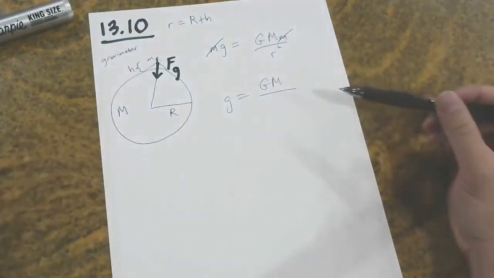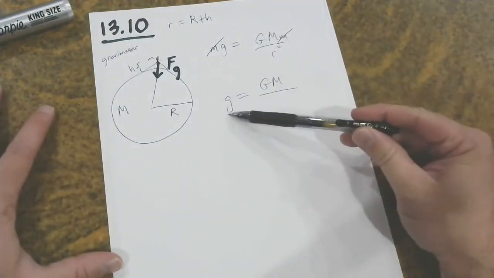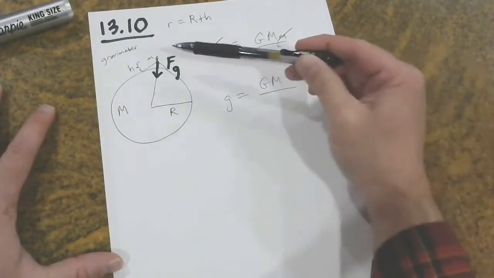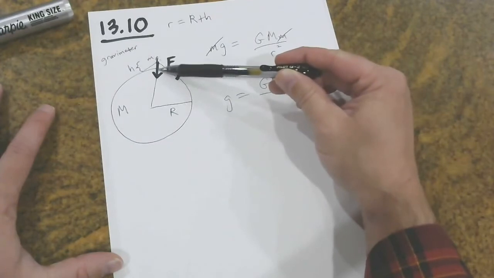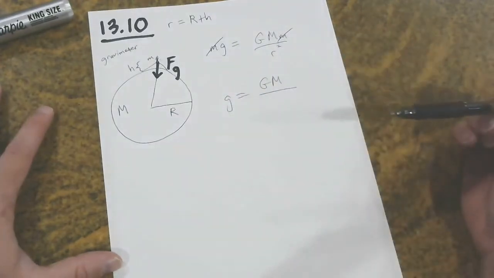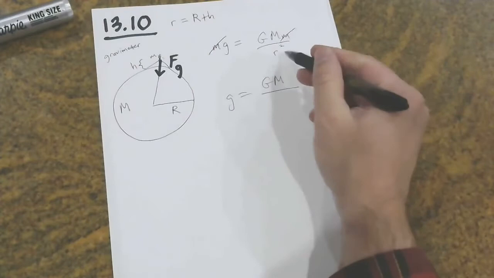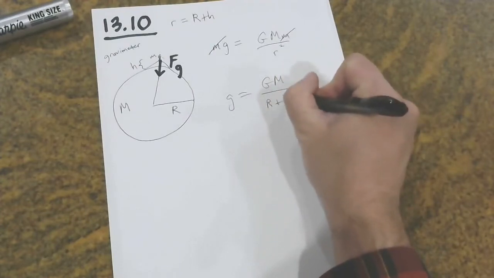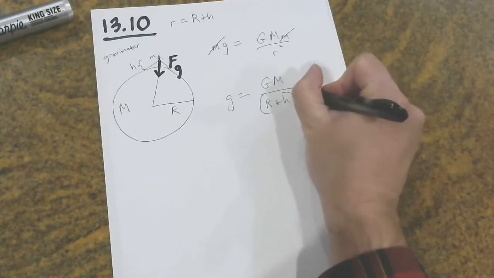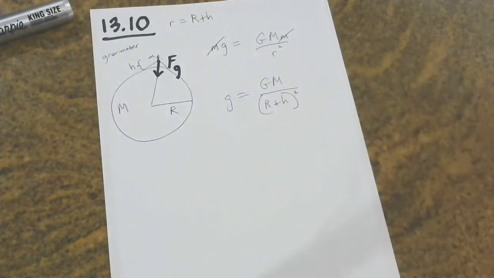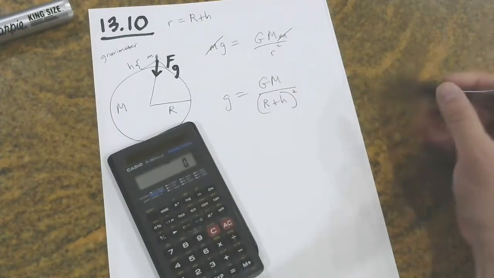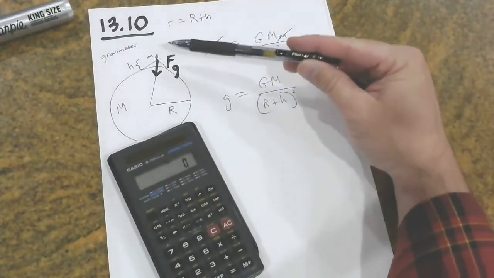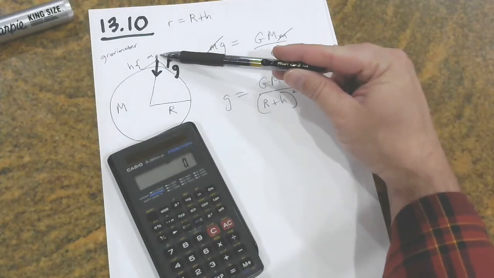And if we were evaluating the strength of the G field at the surface, then I could go ahead and plug in the radius of the planet. Because if you're standing on the surface, then your distance to the center basically is the radius of the planet. But here it's little r, which I can write as big R plus altitude. Square that. Now, if you actually plug in the radius of the Earth, so if we were talking about the strength of the G field, not at the top of the mountain,